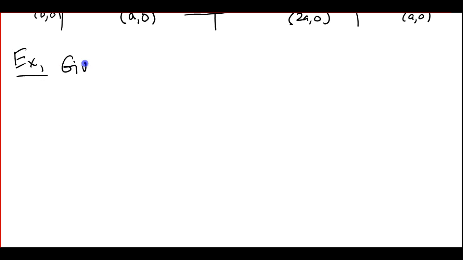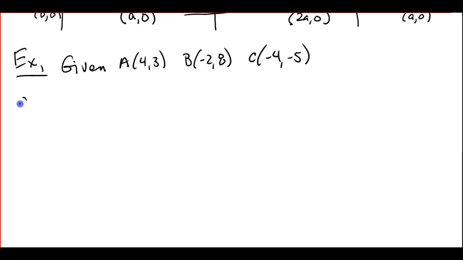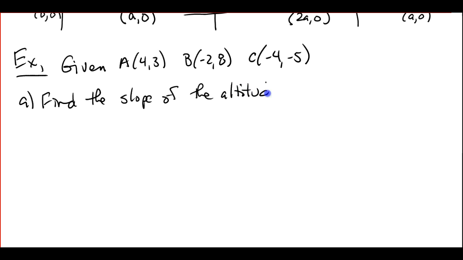So let's say we are given that point A is 4 comma 3 and point B is negative 2, 8 and point C is negative 4, negative 5. So the first thing that I want to do is find the slope of the altitude to BC. So if you remember, altitude forms a right angle,